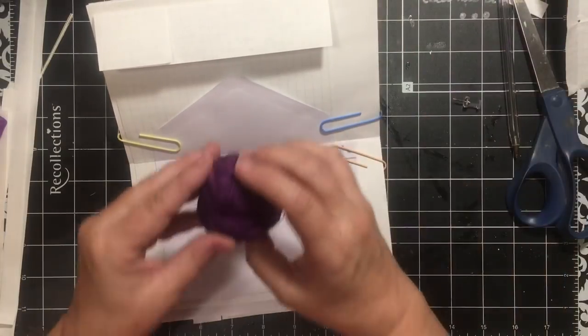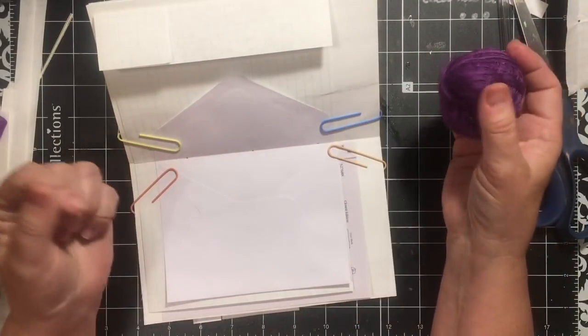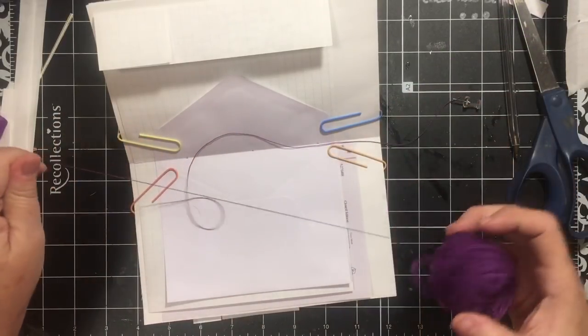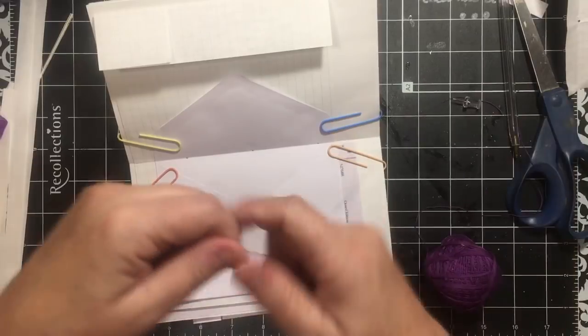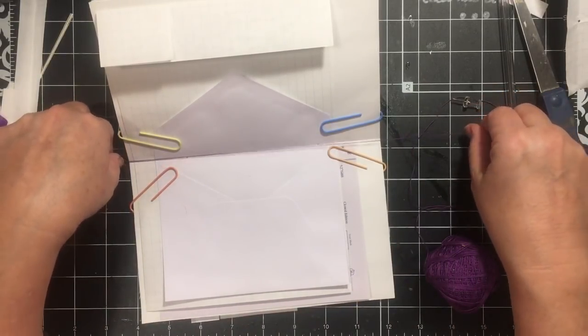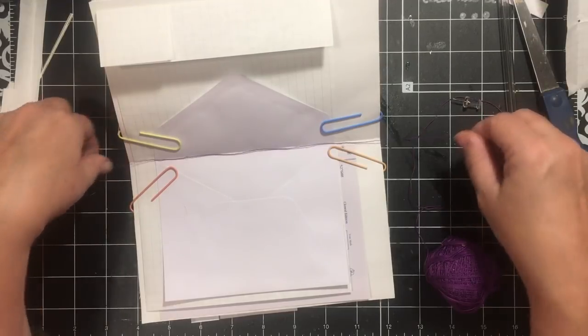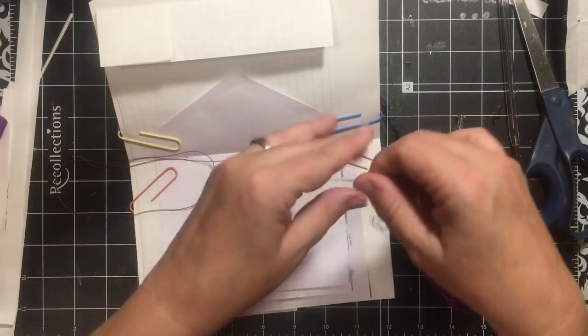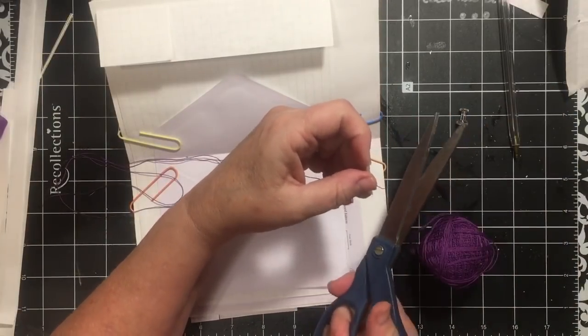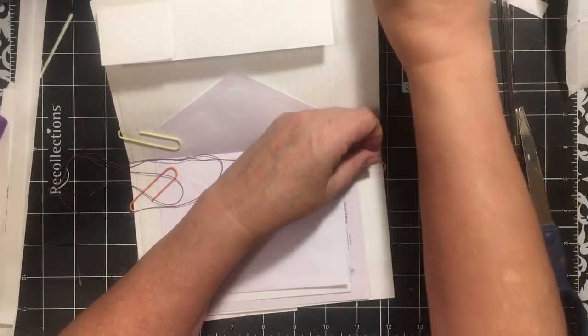We are. And then we're going to go ahead and grab our thread, and what I do is go three times the size of the paper. So there's one, there's two, there's three. This purple crochet thread is included in the kit, and